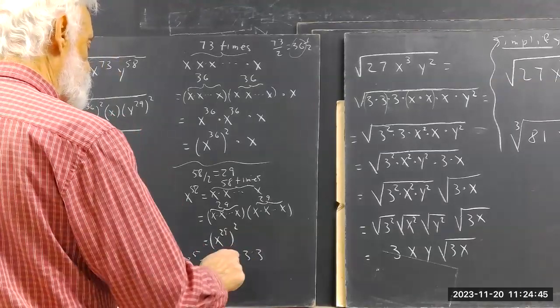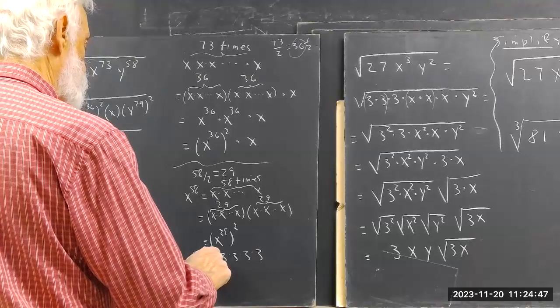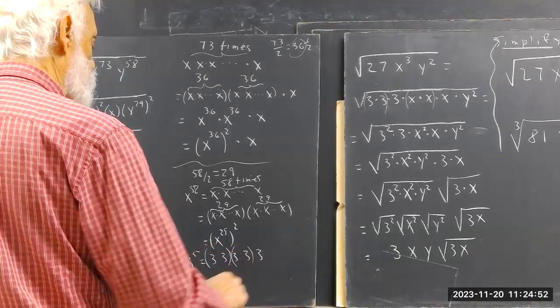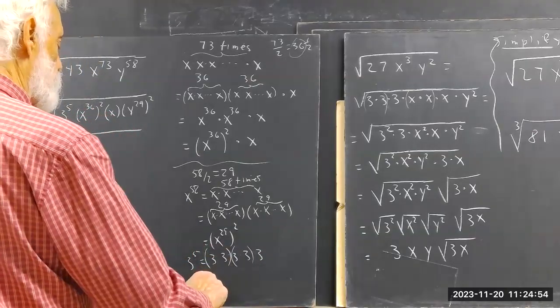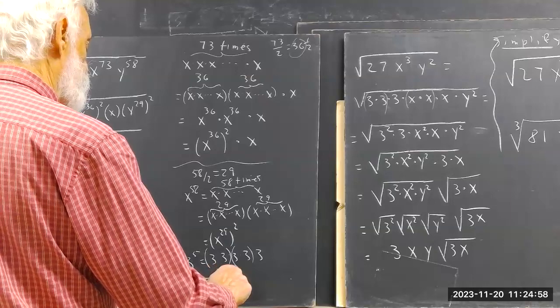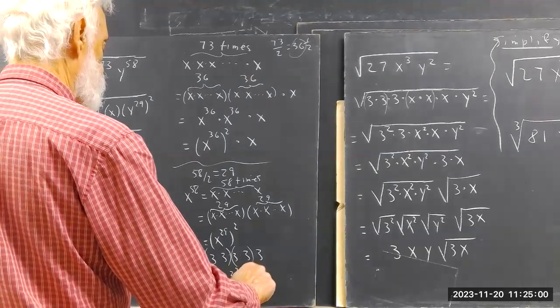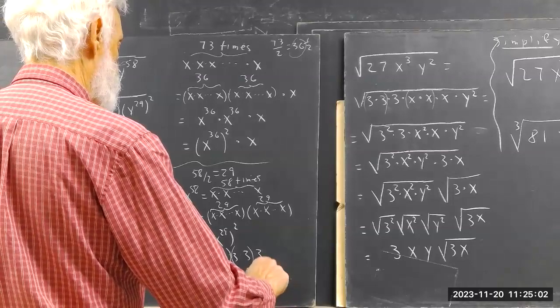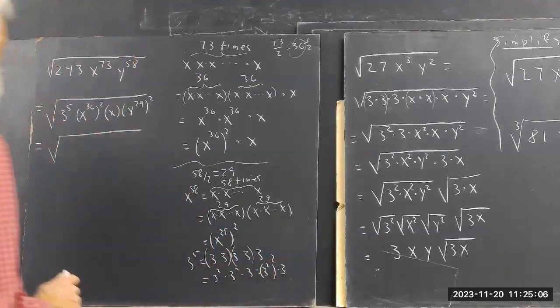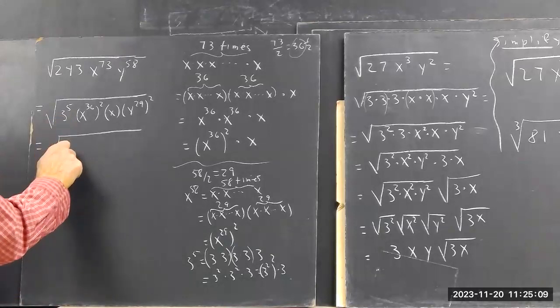And as we did last time, I can do a group of 2 and a group of 2 with 1 left over. That's 3 squared times 3 squared times 3, which is 3 squared squared times 3. So up here, I can write this as